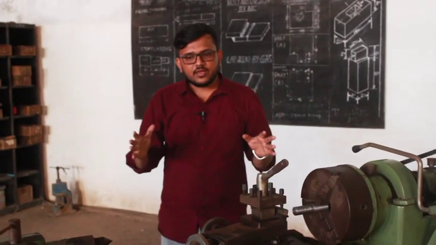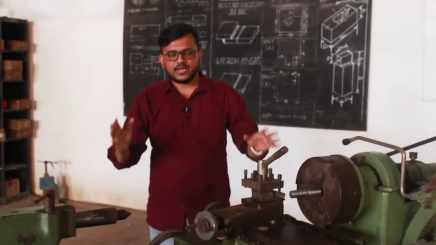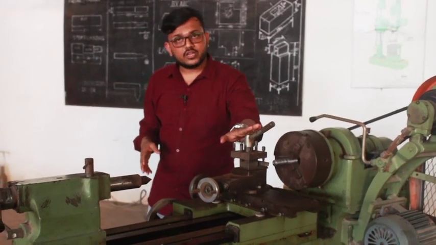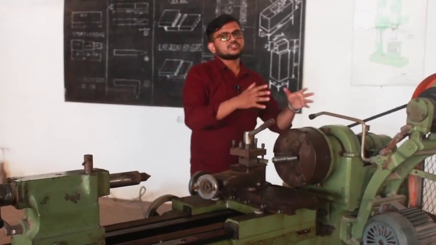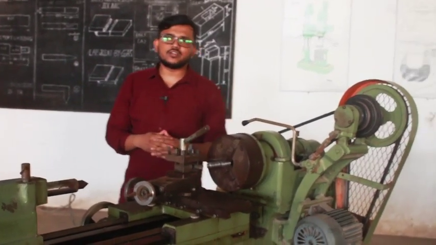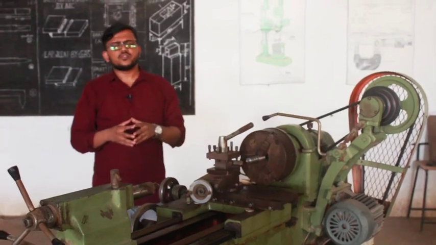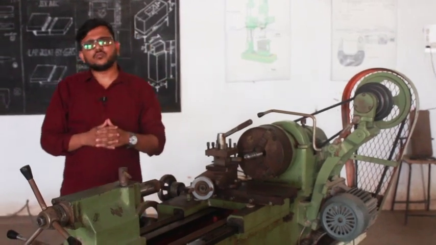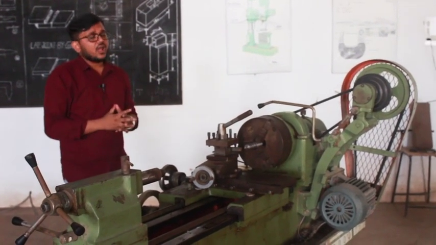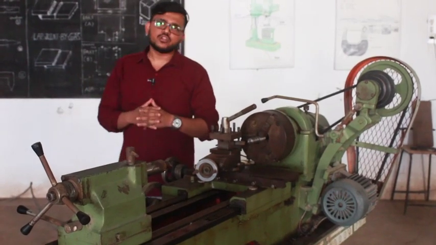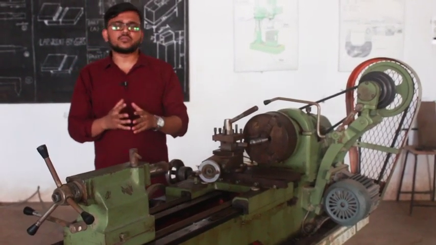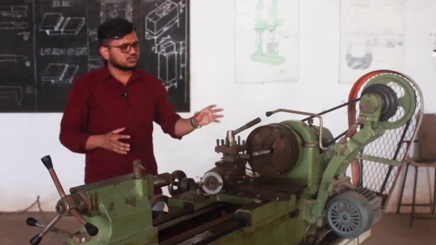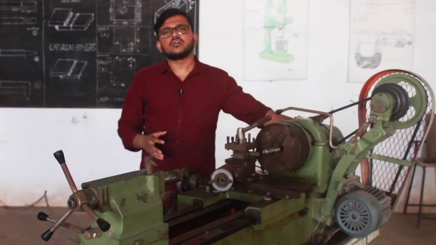So, what are the things we have covered till now? We have covered the bed portion, we have also covered the work holding device, we have covered the tool holding device. Now, we need to see the transmission system. Earlier, an IC engine used to be there in this transmission system, but you know an IC engine will create a lot of noise and the working condition won't be very comfortable for the workers. As a result, it became obsolete once we developed electric motors and induction motors. Now, induction motors are widely used as power transmission in a lathe machine.